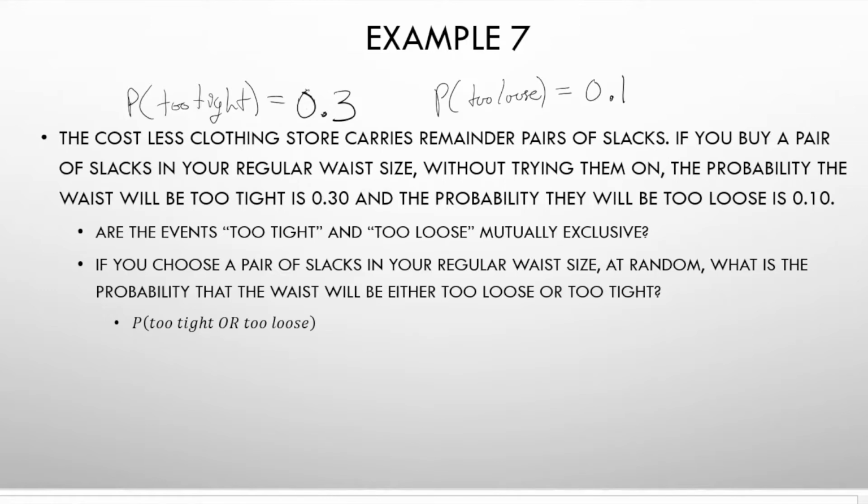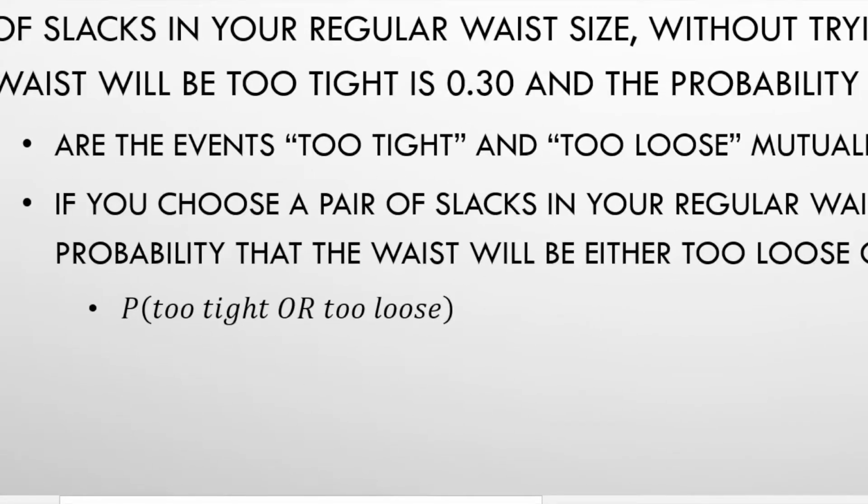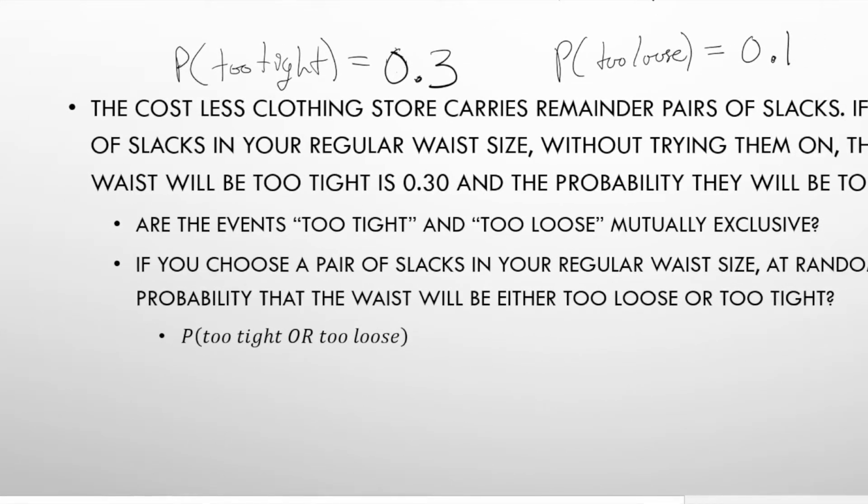On to part B. If you choose a pair of slacks in your regular waist size at random, what is the probability that the waist size will be either too loose or too tight? So here's what we're finding: probability of too loose or too tight. Again, it doesn't matter what order we add in here. And you'll see I try to write the or and the and in capital letters a lot, just so you guys can distinguish what we're doing here. So if I want to figure this out, this is the same thing as saying